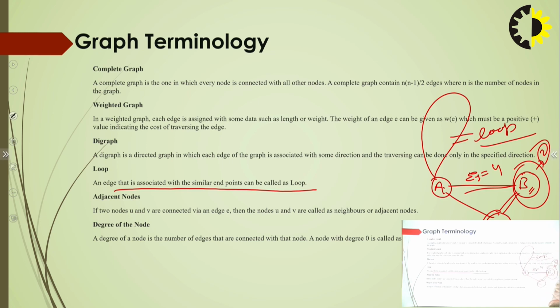Okay, the degree of a node is the number of edges that are connected with the node. A node with degree 0 is called an isolated node. अगर कोई भी नोड है और उससे कोई भी एजेस होके नहीं जा रही है तो उसको कहा जाएगा दिस इज द आइसोलेटेड नोड. ऑलराइट,